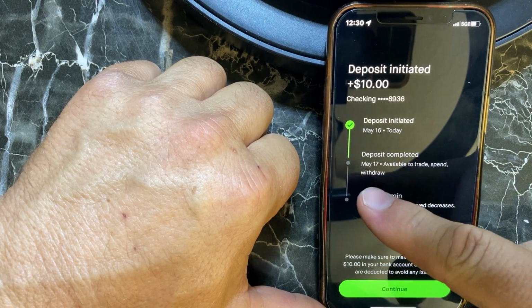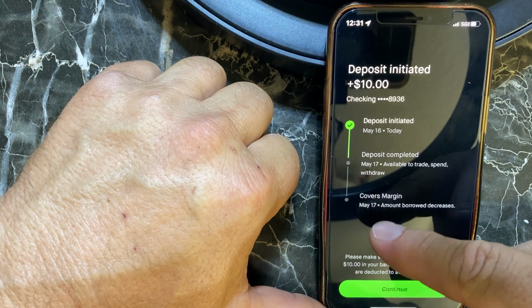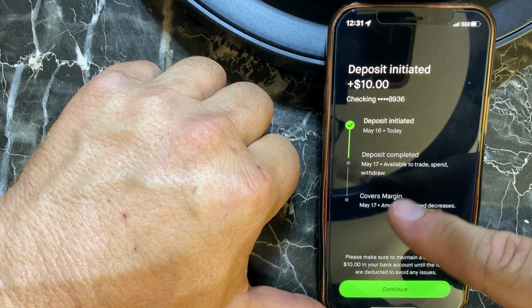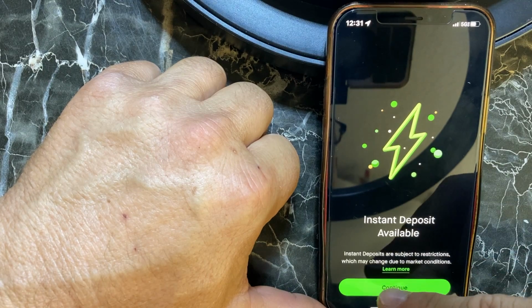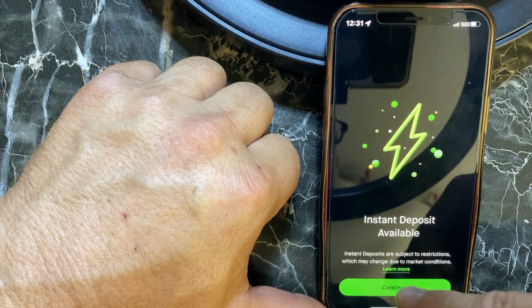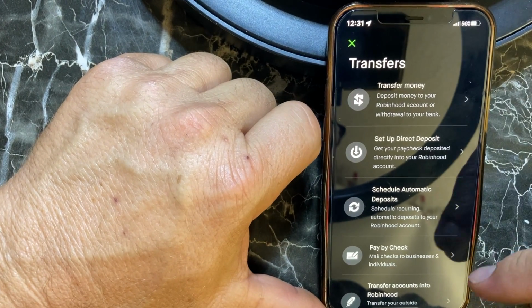Deposit. May 17 available to trade. So, and then that covers margin. Amount borrowed decreases by $10. So I continue. And then instant deposit available. Instant deposits are subject to restrictions which may change the market. Okay, continue. And then basically they'll send you an